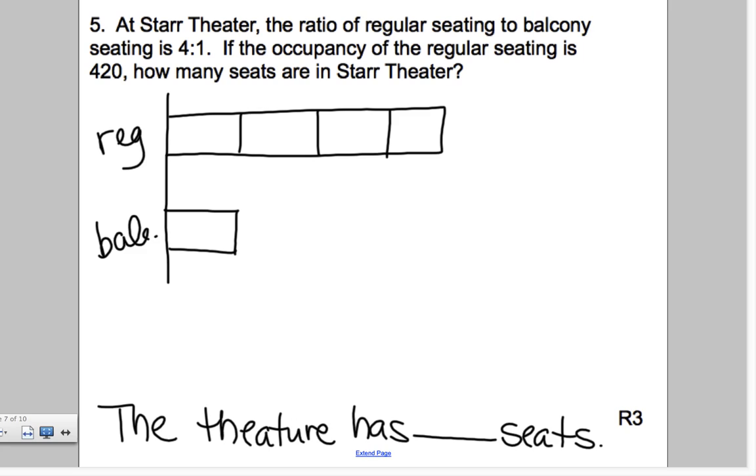Now, some students actually had their IDs and they borrowed a ruler that they could see through because it made it easier because they could see what's going on, but that's up to you. All right, so from here, what else do we know? Is there anything else we can label? Hannah? The question mark. What are we trying to find? How many altogether?